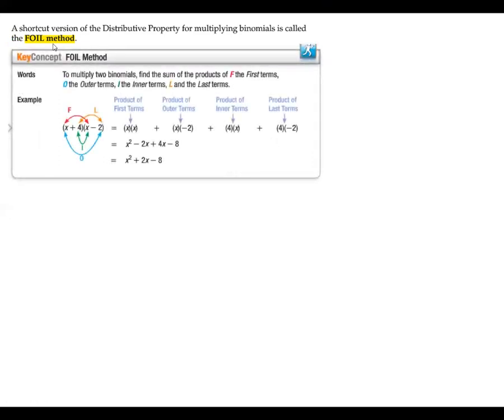A shortcut version of the distributive property for multiplying binomials is called the FOIL method. It's called FOIL because FOIL stands for how you multiply them. F stands for firsts, O is outer, I is inner, L is last. And what that means is if I was multiplying x plus 4 times x plus 2, let me just redo it down here,